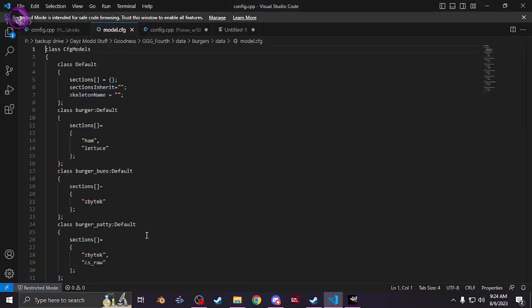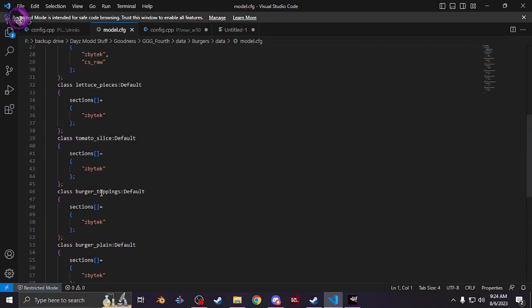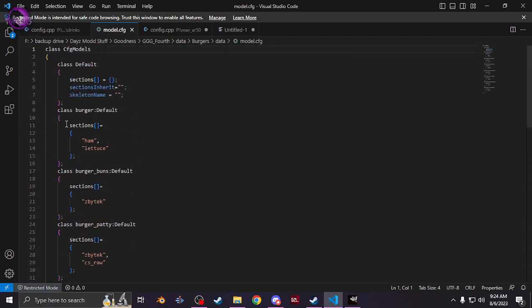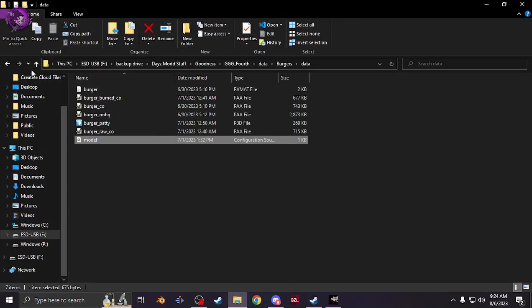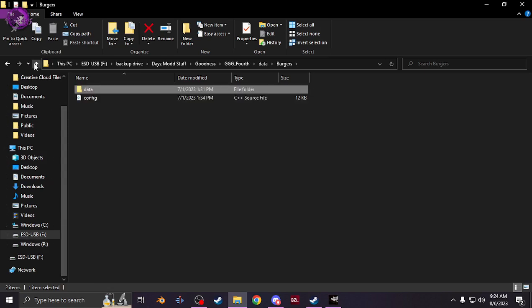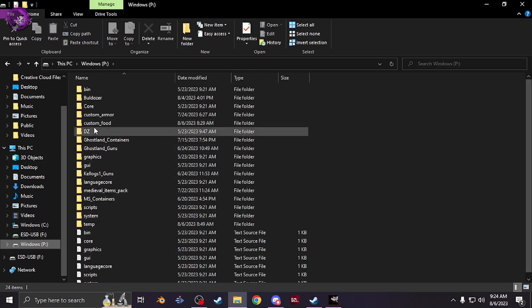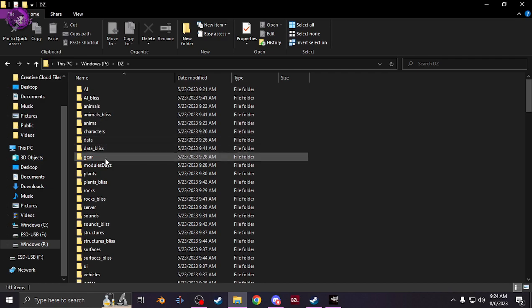Now your model trim fade will be a basic model trim fade. Now this one's longer just because I did a lot of items, but you'd have your basic model trim fade, and you'll want to have your CS raw and ZB Tech in your hidden selections. That's it. Now for the trim fade, you would just need to go to DayZ, gear,